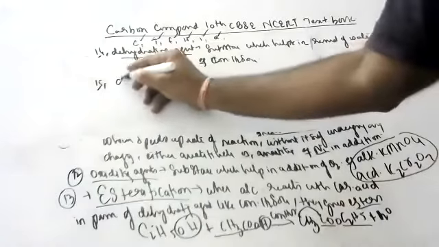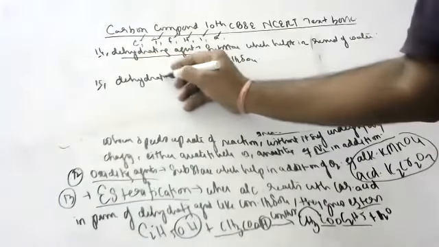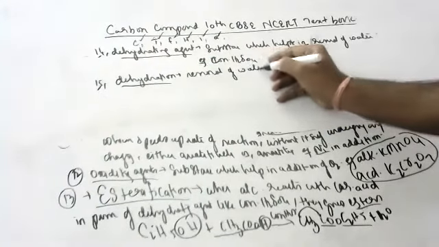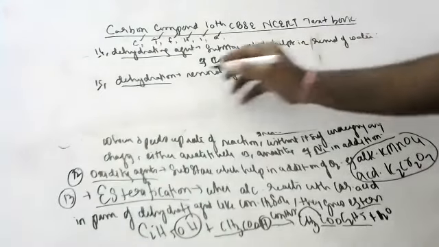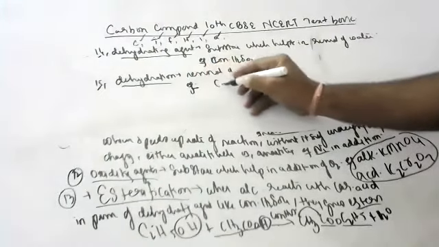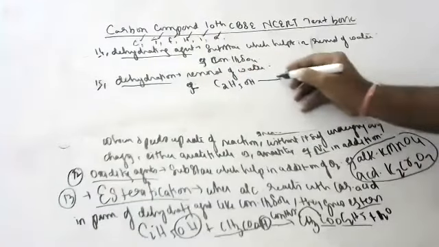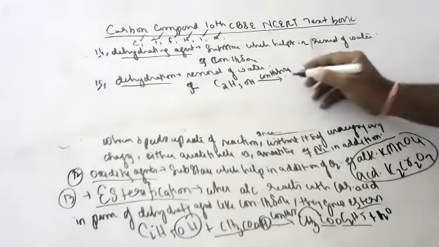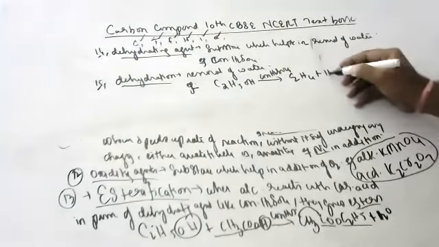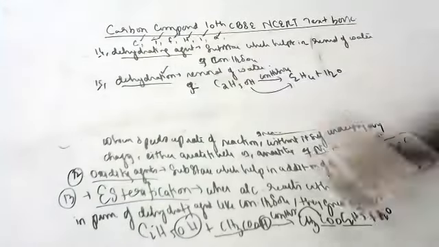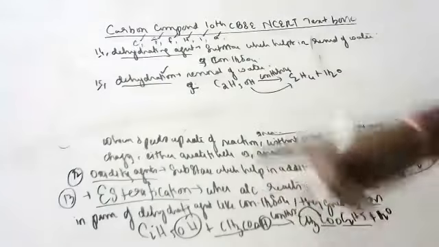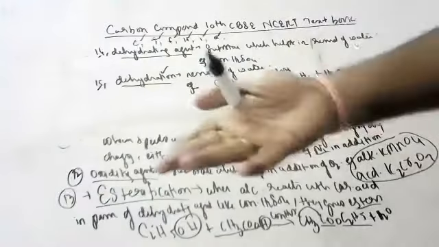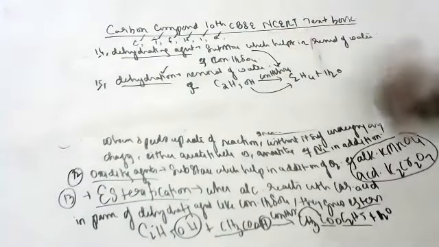Okay, what is dehydration, children? Removal of water is called dehydration. In which reaction did we study dehydration? Can anyone say? Alcohols. Alcohols on dehydration give alkenes. Very good. Alcohols on dehydration in presence of sulfuric acid give alkenes plus water. Ethanol will give ethene, propanol will give propene, butanol will give butene, pentanol will give pentene, and so on.